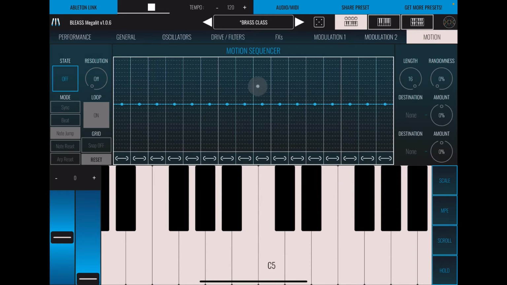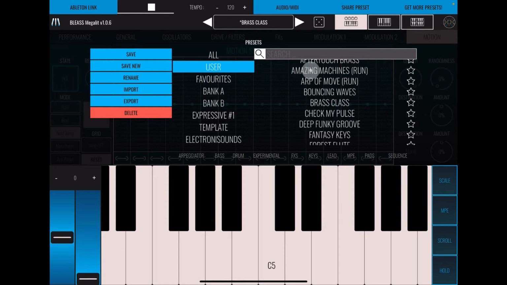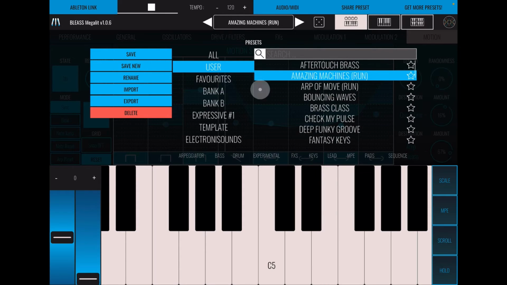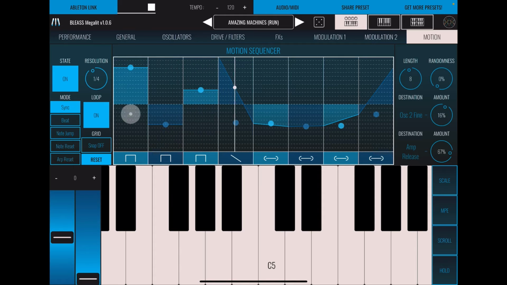And then we have the BLEASS motion sequencer, which if you have any of the BLEASS apps, you'll be familiar with. Now, let me just go into my preset a sec. This is another one of mine. So this is called Amazing Machines. Now, on my preset, if it requires the sequencer here to be running, which is for the motion sequencer, it will say run. Okay, so if I go back now, you'll see what I've got set up in the motion sequencer. And if I play one note,